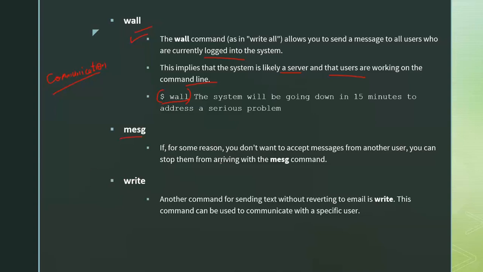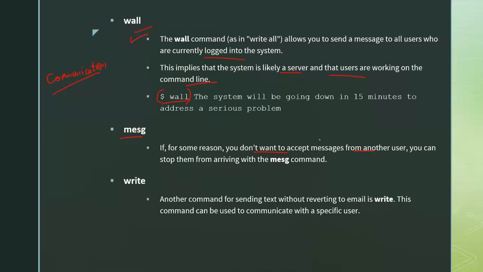Next, coming to mesg. If you don't want to accept any message from any user, if you want to block that process of accepting messages from other users, in that case we will be using this command called the mesg command. This mesg command will help us avoid anyone sending any information or any message to the current user.